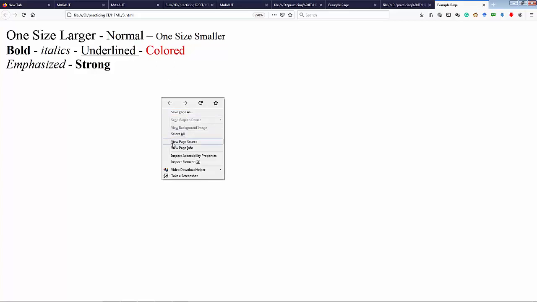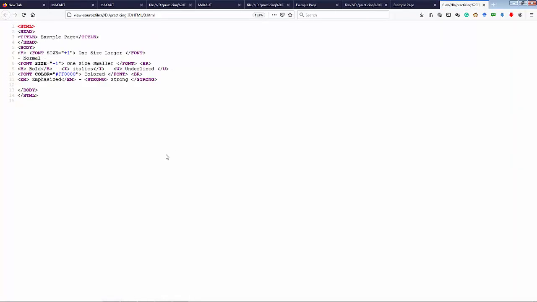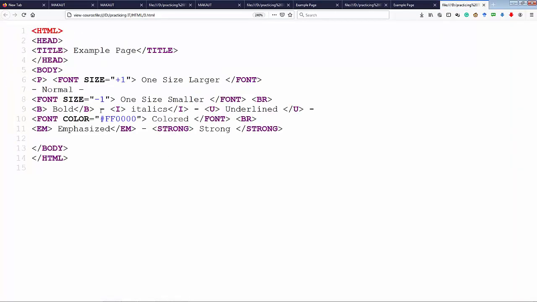So let me see again the page source. While we are observing the page source, see, the same thing I have just copied and pasted and created this one. So this one is HTML, the title is also present, and this is also an example page. You can change this. The normal size has been given, one size smaller has been given, so minus one has been applied, for greater, plus one has been applied, and then the HTML body has been closed. In this manner we can do things.